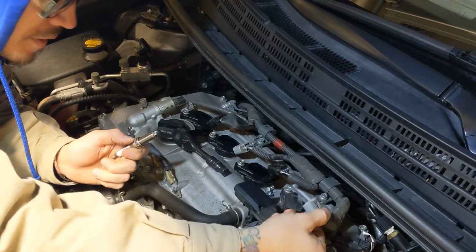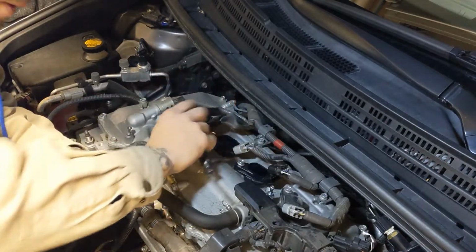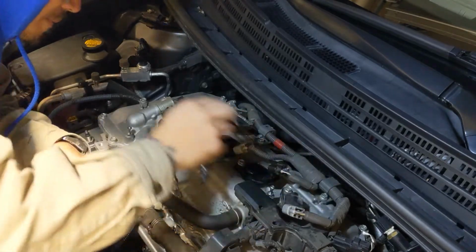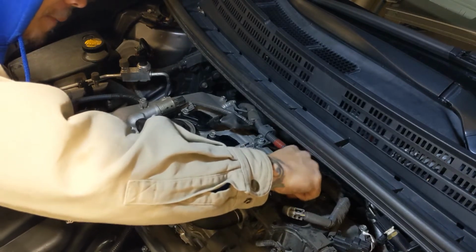I'll remove our plastic device. Just kidding. We'll remove the wiring harness. And then we can untighten the bolt. Very nice. You're always going to want to use, in my humble opinion,